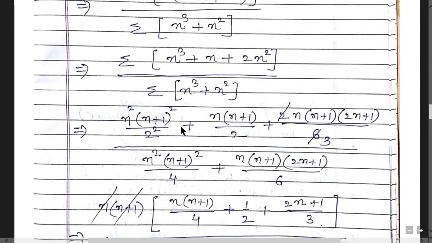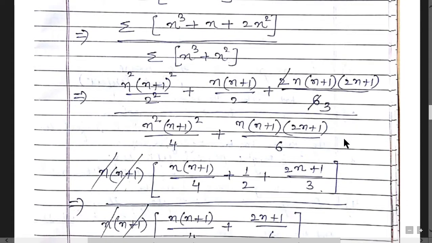The formula for sigma n cube is n into n plus 1 over 2 whole square, then sigma n, it's n into n plus 1 over 2, then sigma n square, it's n into n plus 1 into 2n plus 1 divided by 6. You can cancel 2 and 6 with each other, the denominator is 3. Then what about the denominator? Sigma n cube, then sigma n square.